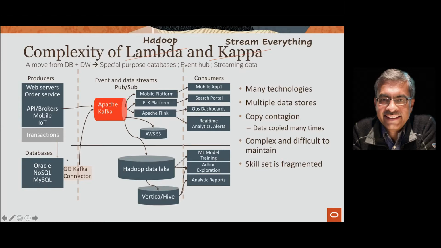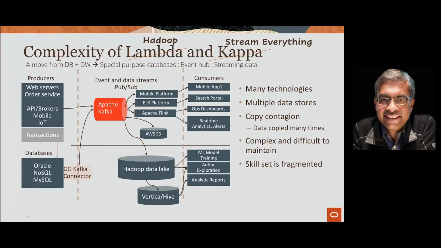There are databases. They, of course, do transactions, but then they also stream that data for consumption down the line. So consumption from analytics, consumption from batch storage. So there's an aspect of batch, there's an aspect of streaming, and there's an aspect of consumption, ops dashboards, and other things.